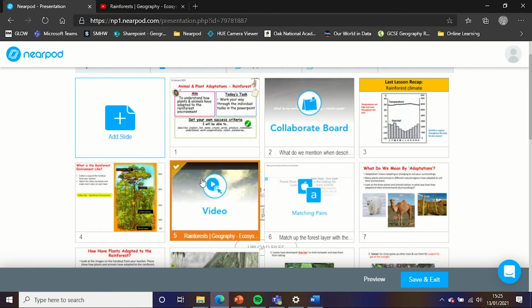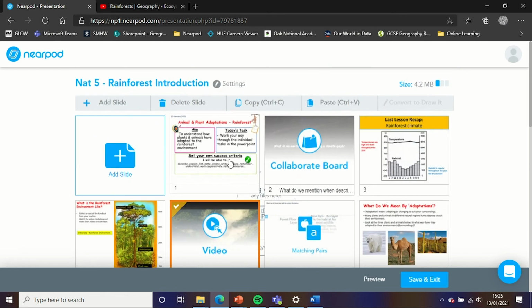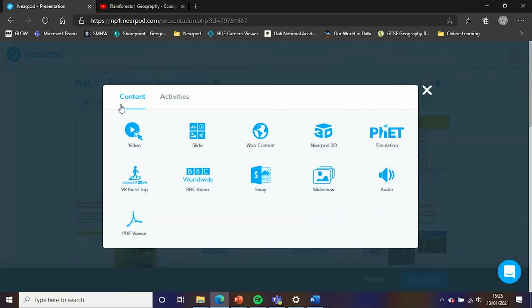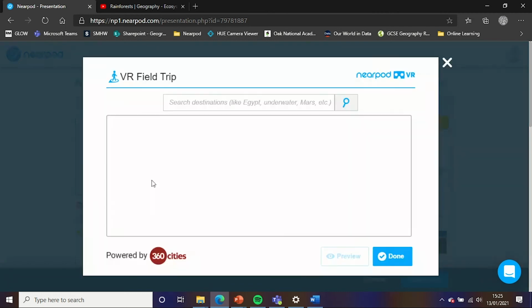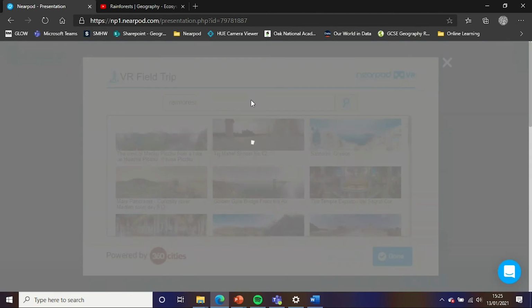A lot of the slides, if it's a video, then you don't really need the slide before. Another cool thing that I was using with my National 5 class was this VR field trip option. It's really cool. For rainforests it would be really good, because you can just type in rainforest, or if you were doing the desert, if you were doing the tundra, there's loads of things that you could do. For my first year class for the favelas, you can go into the favelas in Brazil to show them,